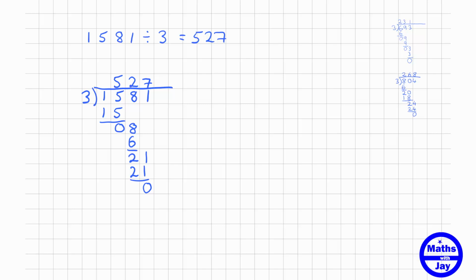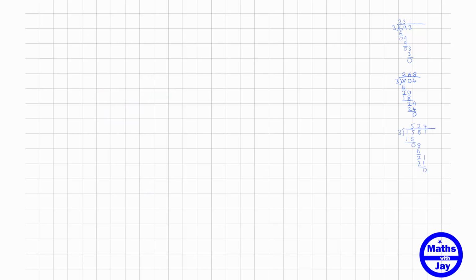So let's now divide into, should we have a 5-digit number this time? Yeah, let's go for it. Right, so this time we're going to have 41,220 divided by 3. And you see, as we go on doing these examples, once you can do the easy ones, you can do the harder ones too. They're no more difficult, really. They're really just the same sort of method. So let's just write this number down here,